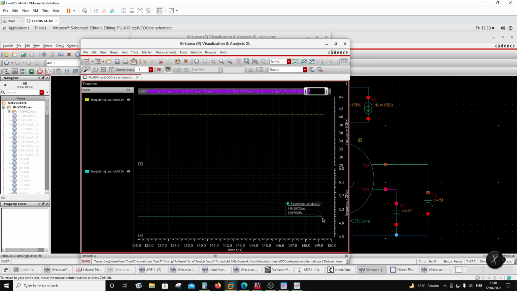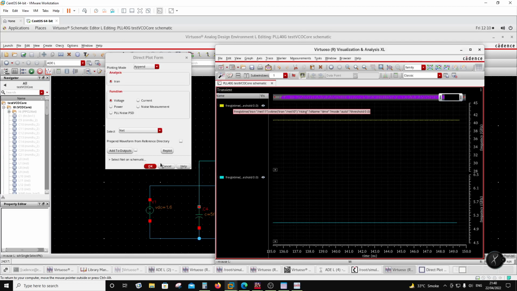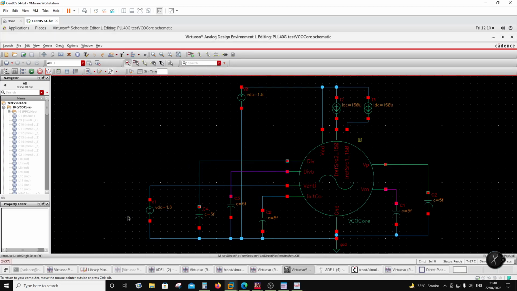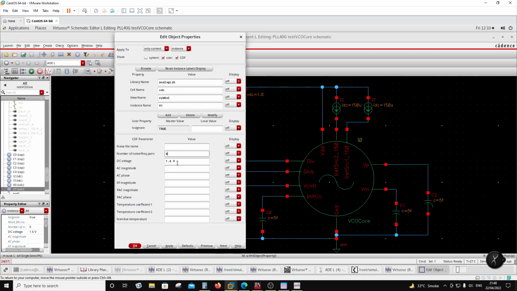So what's this? 5.0945 or whatever. So basically this is a division by 8, right? So the injection lock dividers are working. Right, now let's change the control voltage and go to the other end. So the other end would be this one at around 0.3 volts,